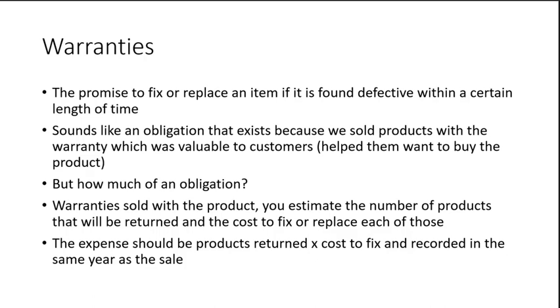Each one of those when they come in. So we're making two estimates: how many are going to be returned and how much it's going to cost us to fix each one of them. We're going to then record an expense now, even though the items haven't been brought back in. We're estimating. We're going to multiply the number of products returned times the cost to fix and record that in the same year as the sale to match the cost of the warranty with the revenue that warranty generates,